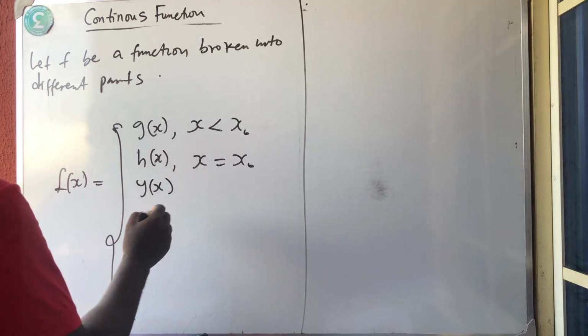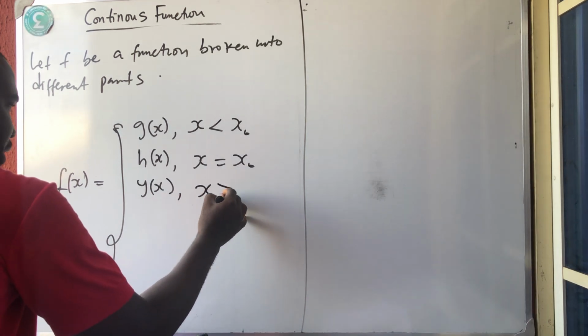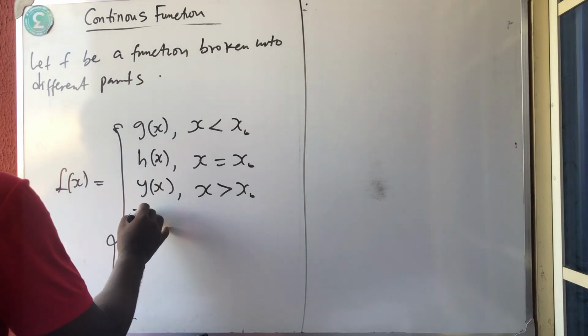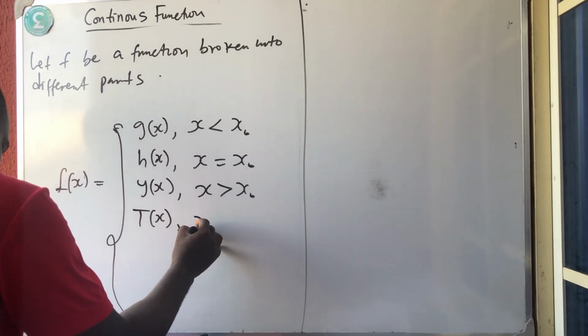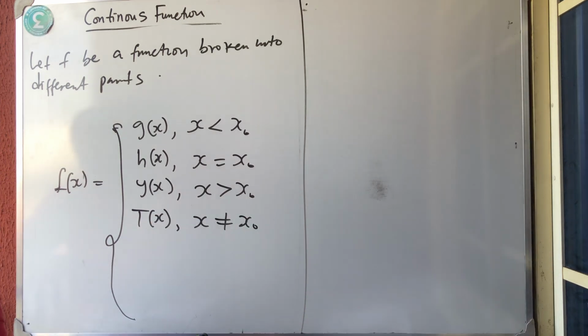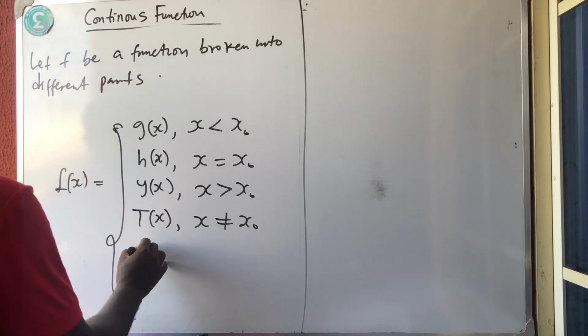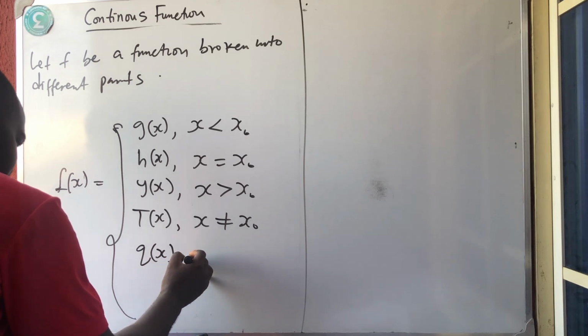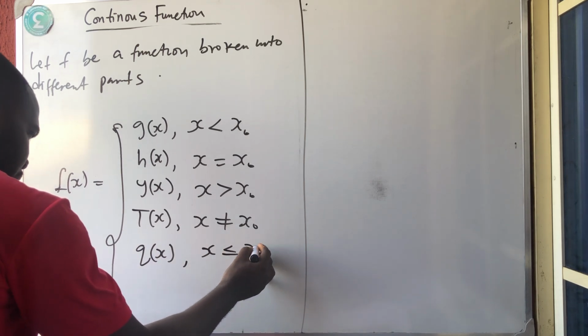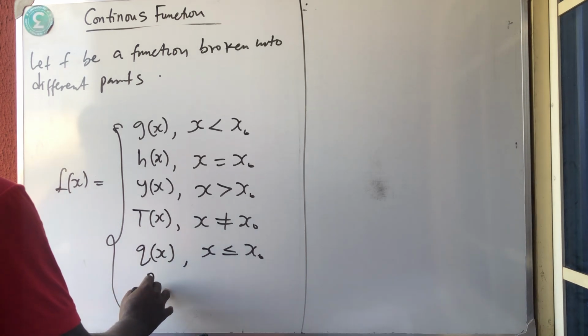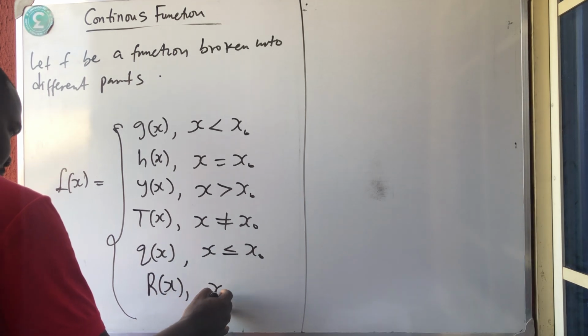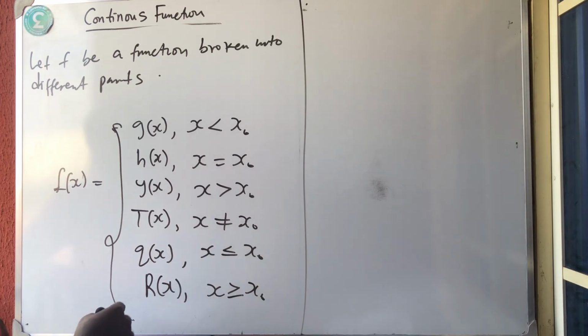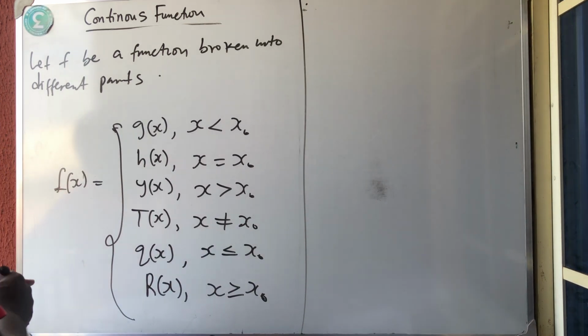and is equal to y of x when x is greater than x naught, and is equal to t of x when x is not equal to x naught, okay? And q of x when x is less than or equal to x naught, and r of x when x is less than or equal to x naught, okay? Now this is broken into different parts. Then I say here the condition or comparison or relationship between x and x naught determine the definition or value